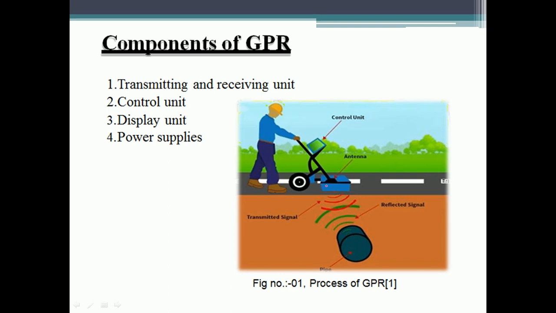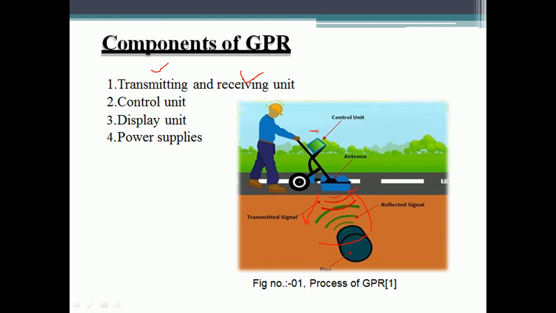Through this antenna, the transmitter signals are passed to the ground surface. Whenever a signal hits any object, it may be a pipe or it may be boulders. Then the reflected waves are reflected back to the receiver antenna. Again, we have two units, the transmitting unit and the receiving unit, and the entire system